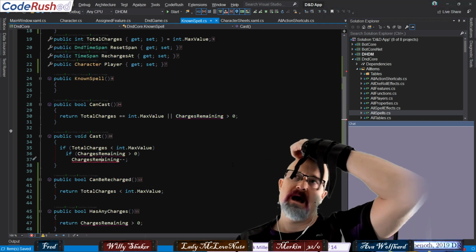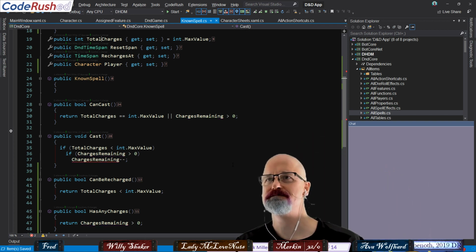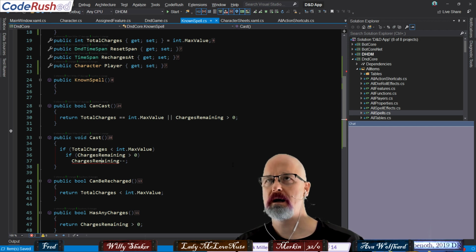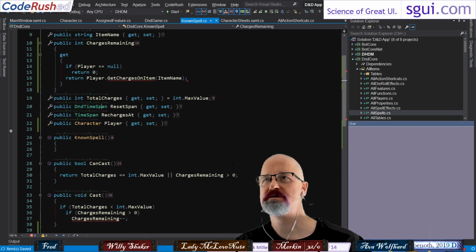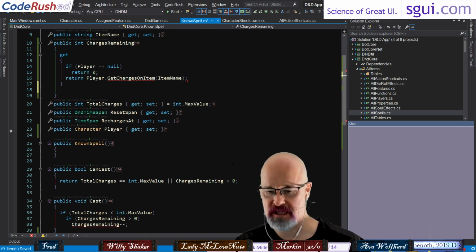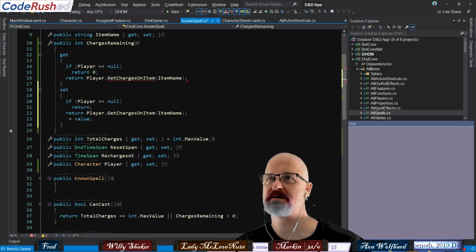Yeah, so now what we want to do here is, do I want to put a setter here? Yes, I am going to do a setter as well. And it's going to look something like this. If player is null, then return.